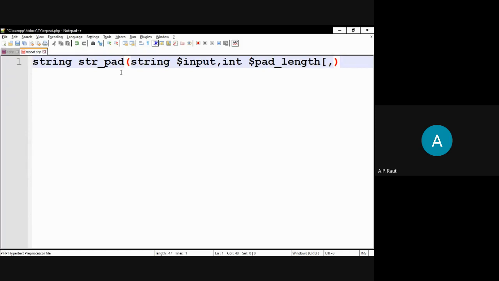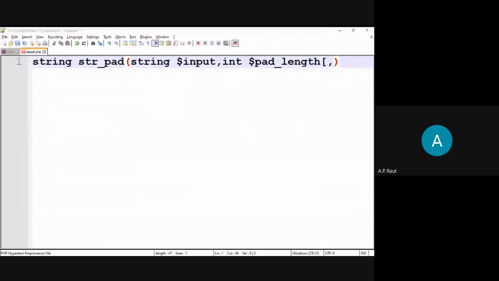So if we pad from the left side, the function name is str_pad_left. From the right side, it is str_pad_right. And when we insert the new string from both sides, it is str_pad_both. Okay, so write down the syntax.